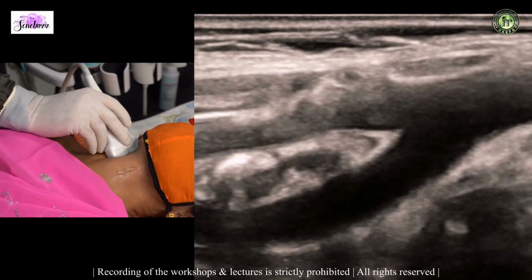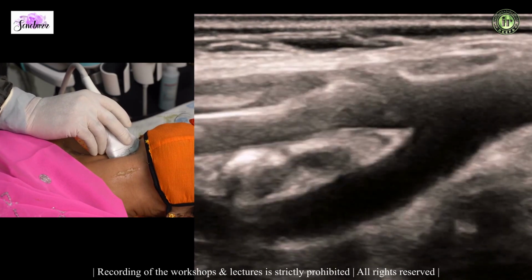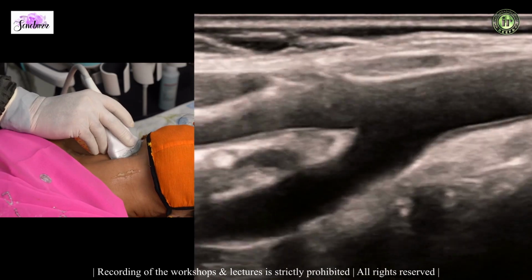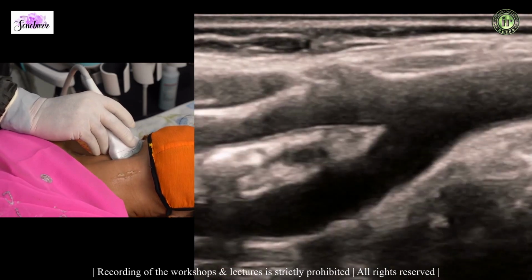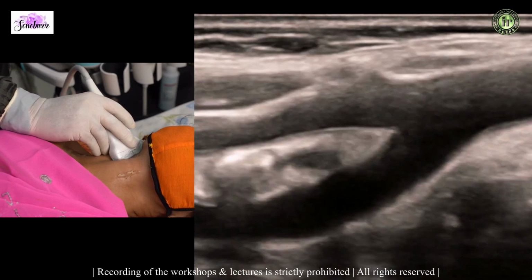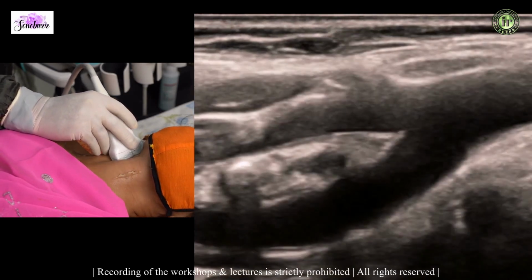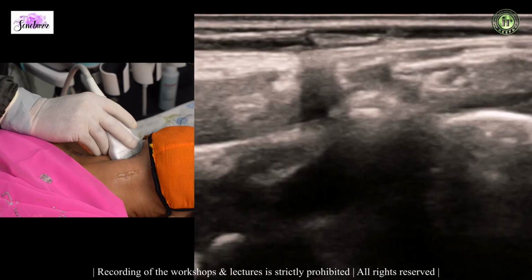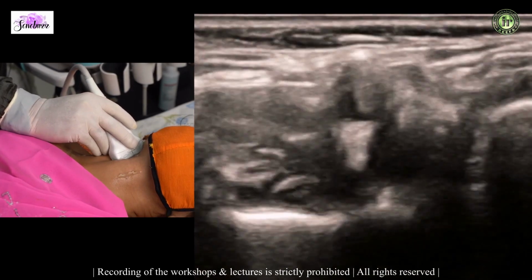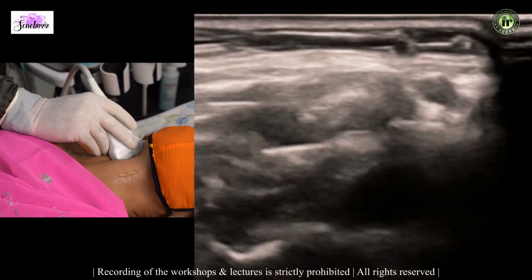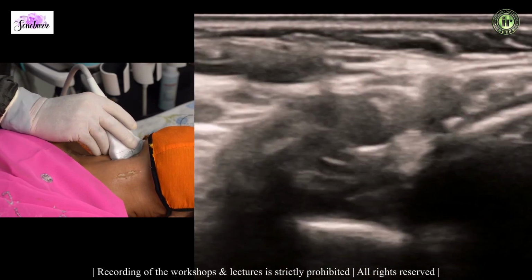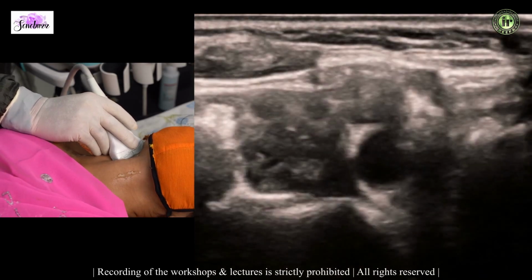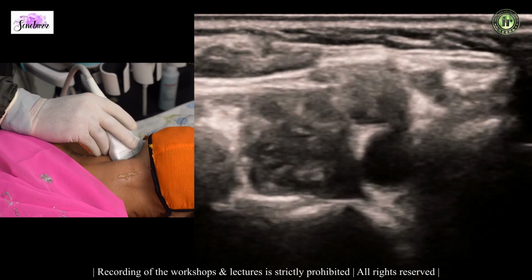Now there are ways to know which artery is the ICA and which is the ECA, and it is important for us to know as well, because at times when one of the arteries is blocked, it becomes a dilemma as to which artery we are exactly seeing at this point in time. So you have differences between the ICA and the ECA. Normally the ICA is larger, increase the gains, and the ECA is relatively smaller in caliber. The ICA is more lateral, ECA is more medial, but in this case, the ICA is more posterior.